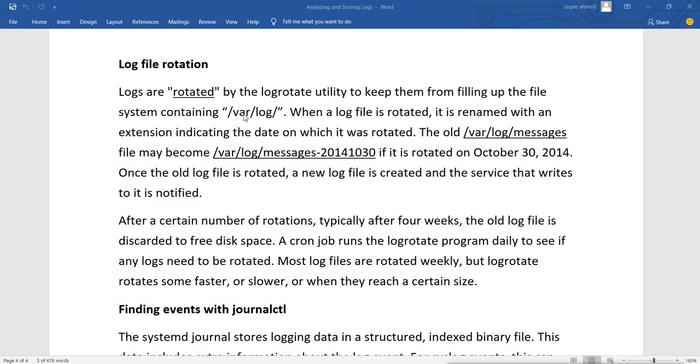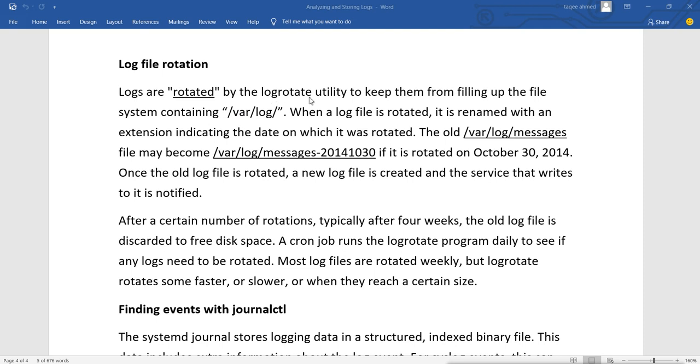If you have this directory under the root file system, it will fill the whole file system, it will allocate all the space, and then other directories will not have space for storing anything. And also if you have a separate partition for the /var directory, it can still fill the space of that partition, so that other services will not be able to use the /var directory. To stop this, we have the logrotate utility.